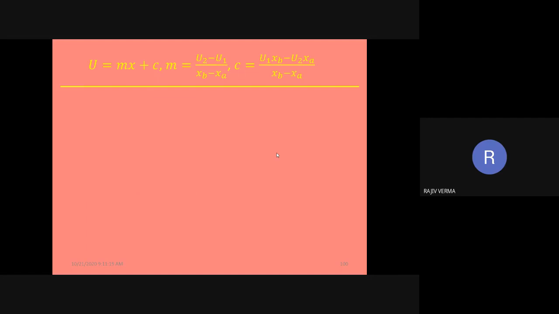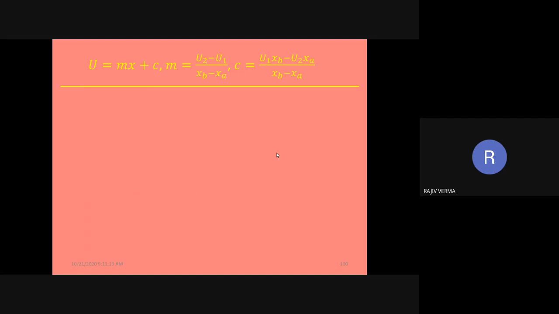The equations which have been carried forward from the previous slide are going to be written at the top, and they are going to be separated from the rest of the equations in the slide by the help of a dark horizontal line. So the equation of u and the expressions for m and c are the three expressions which we have derived earlier. They have been written at the top, and they have been separated from the rest of the slide by the help of a dark yellow line.